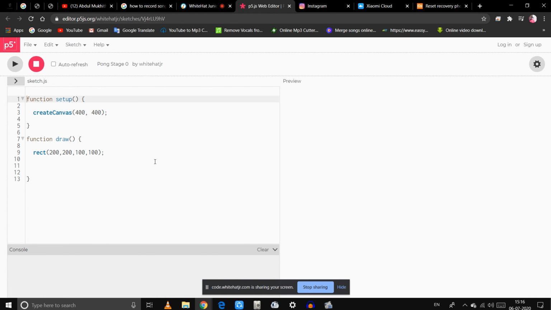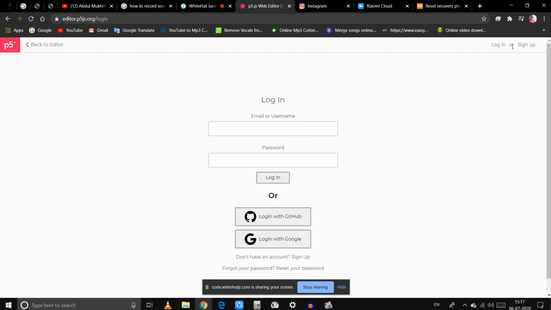Now see towards your top right corner, there's a login option. Click that.